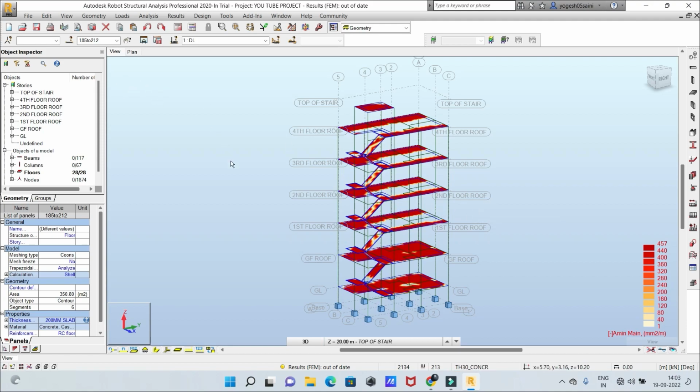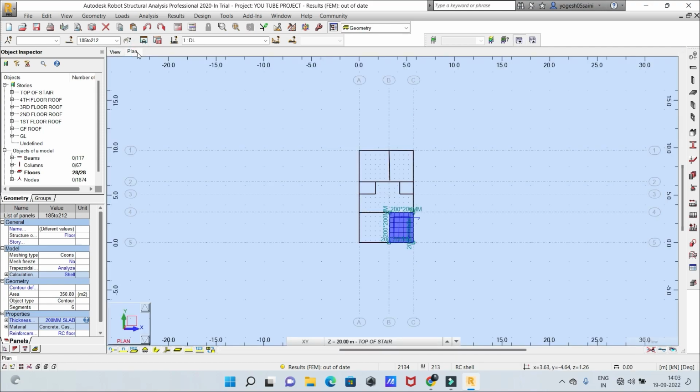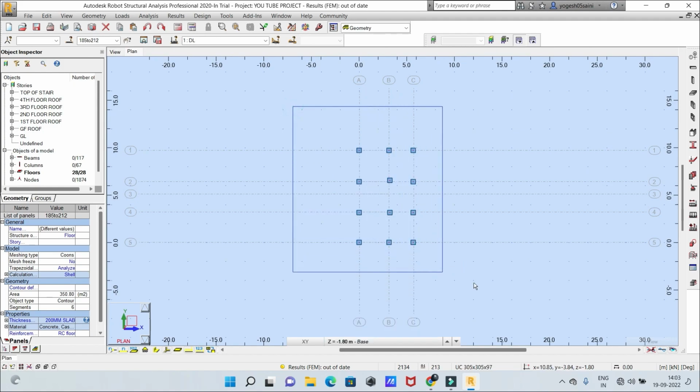Yeah, it's okay. Now we have to select this to design the foundation. There are two ways actually: either you can go to plan and select, or from the 3D view you can also select. From plan, just click on plan, and from here this is the top of the stairs. Okay, so we are going to the base. Now just click here and select all